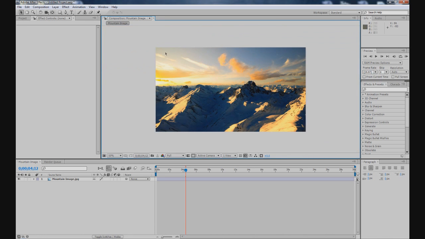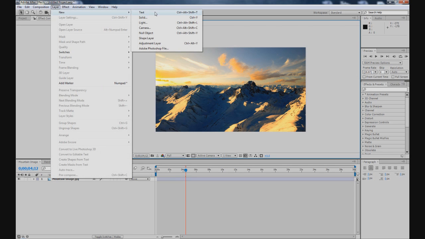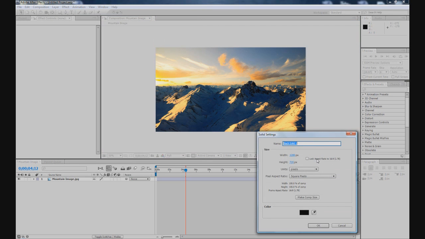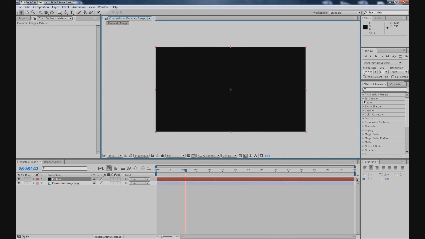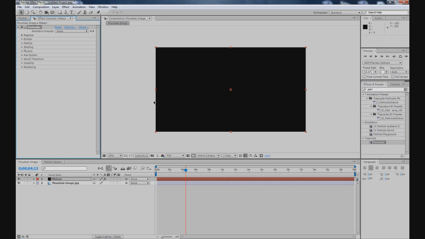First I've got this image of these snowy mountains and the link will be in the description if you want it. And first we need to create the meteor. So go Layer, New, Solid, and we'll call this Meteor. You don't have to make this with a meteor, you can do it with a missile or anything else pretty much. And in your Effects and Presets you'll need Particular, which is a Trapcode plugin,